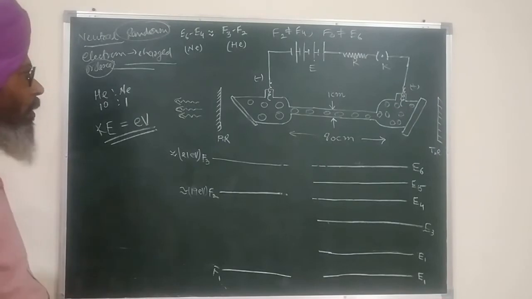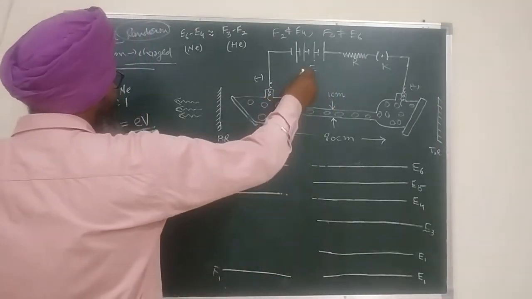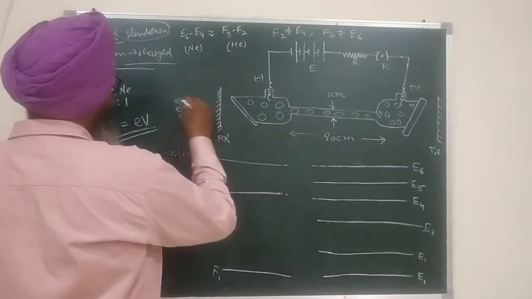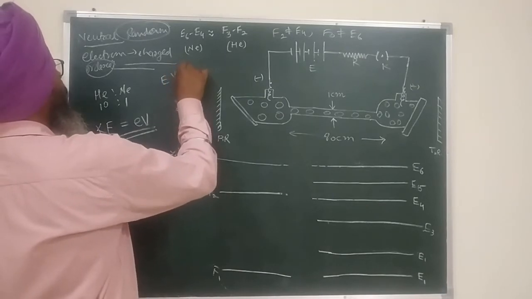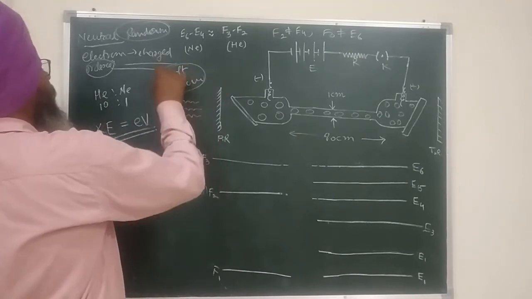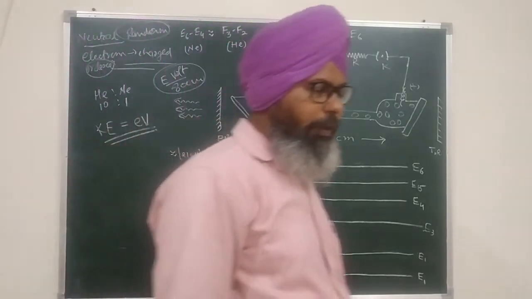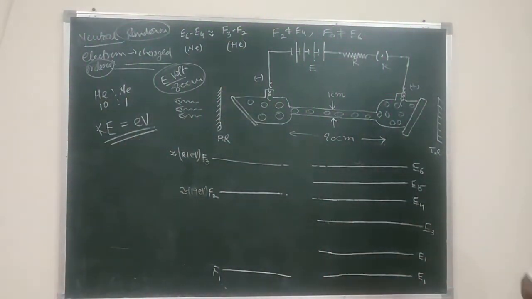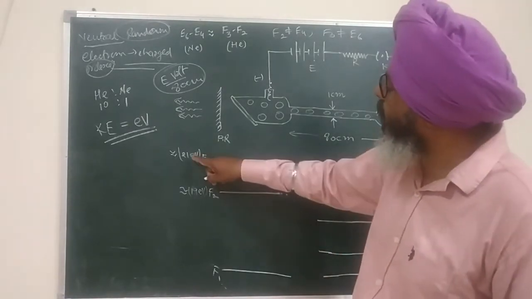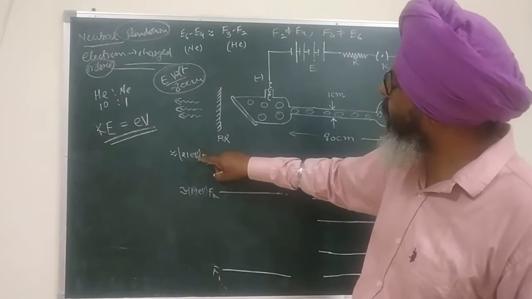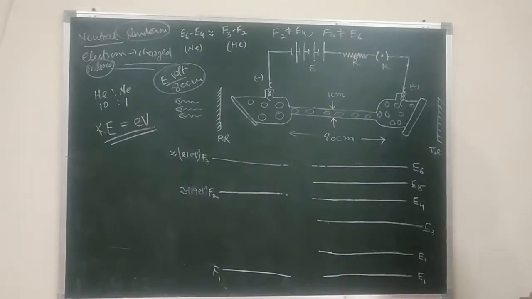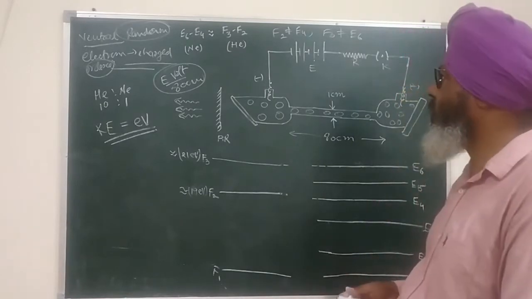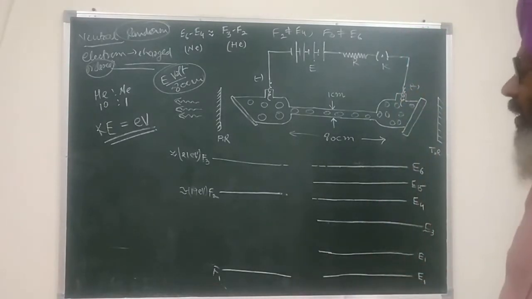If I talk about uniformity, let us say the EMF of this battery is E, and the length is 80 centimeter, then the potential difference across the tube will be E volt per 80 centimeter. By putting in the value of E you can calculate. But please remember, the EMF of the battery must be much greater than this. The highest value is 21 electron volt. If you divide 21 electron volt by E, that will give me the excitation potential. So a battery of voltage less than 21 volt will not work here, and we need a battery whose EMF is much greater than 21 volt.